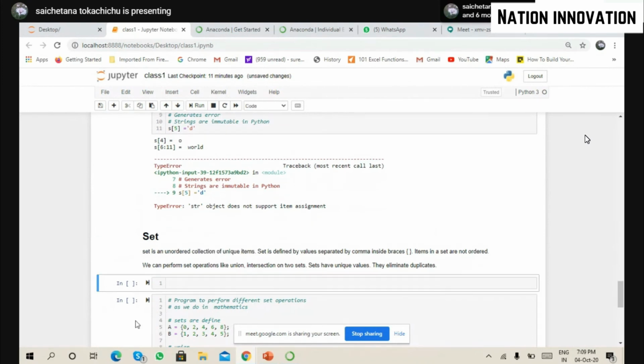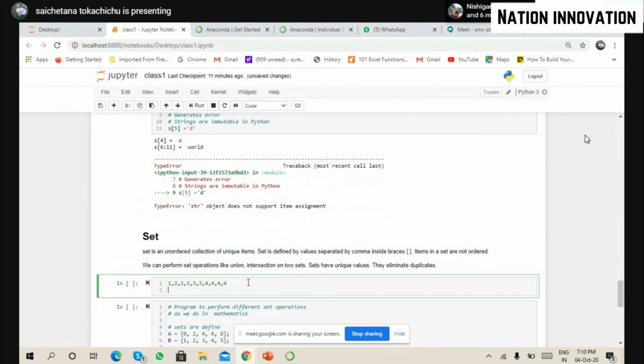So in my set, let's say I have one 1, two 2s, three 3s and four 4s. So this is my collection. I want to put this collection in a set. So what do I do?